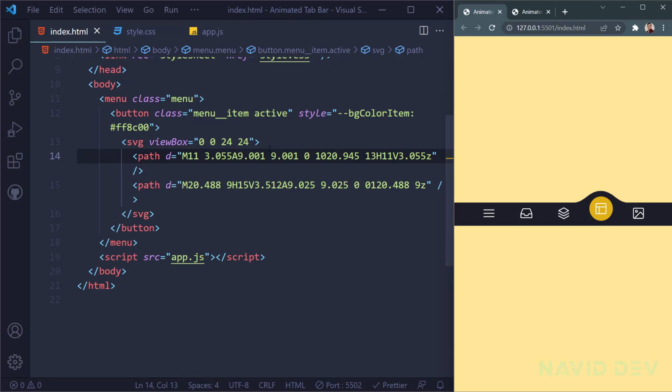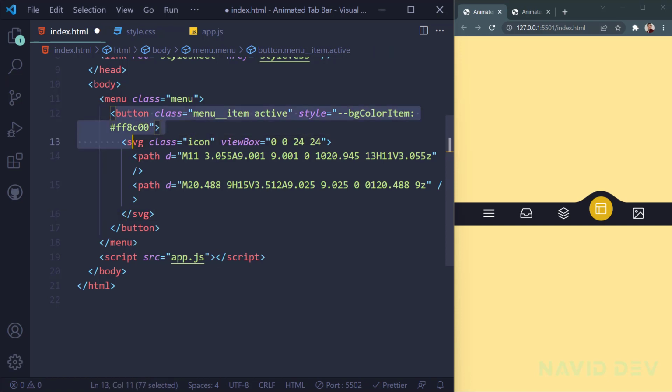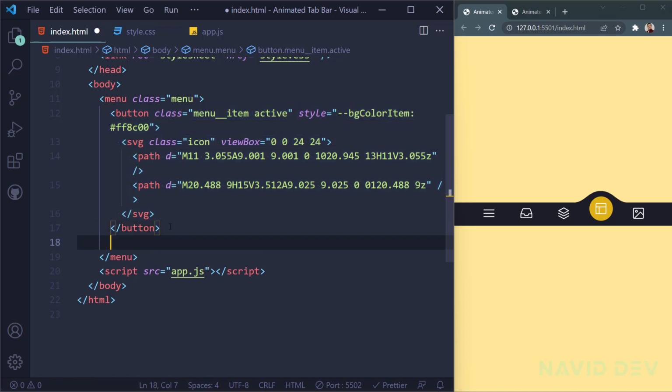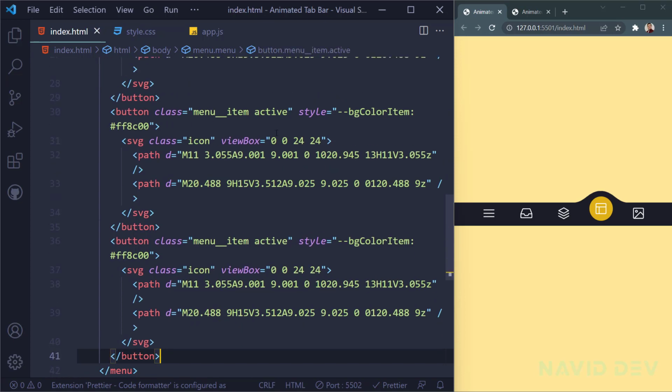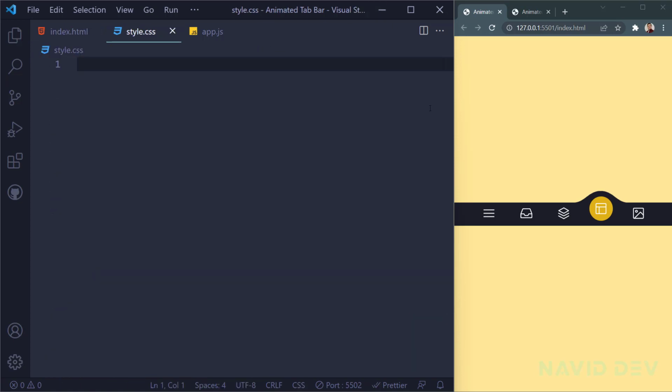Okay, let's get back in here. In here, I'm just gonna add to our SVG class of icon, and basically we are done with our button. So I copy this and paste it a couple of times, 2, 3, 4, and 5,